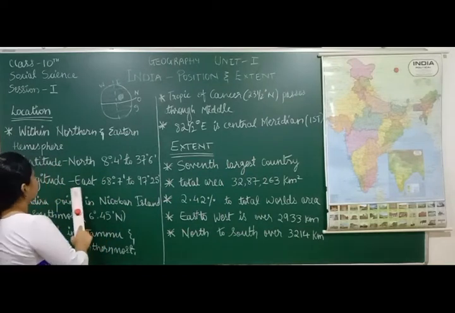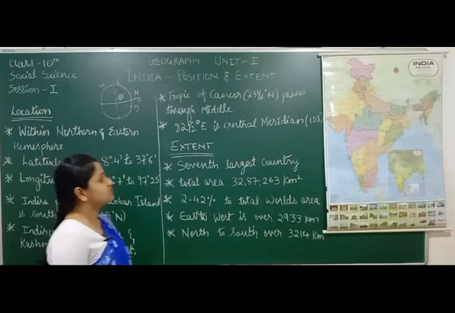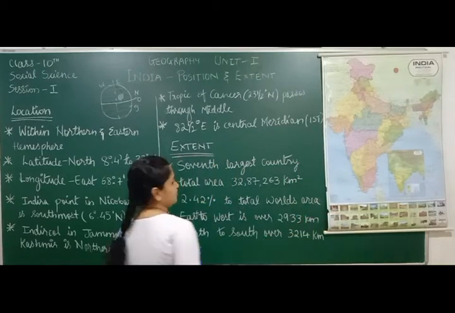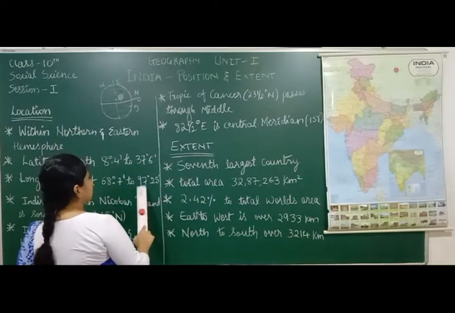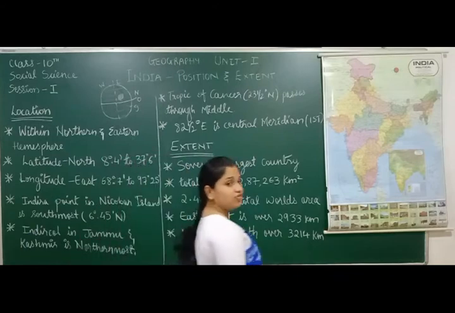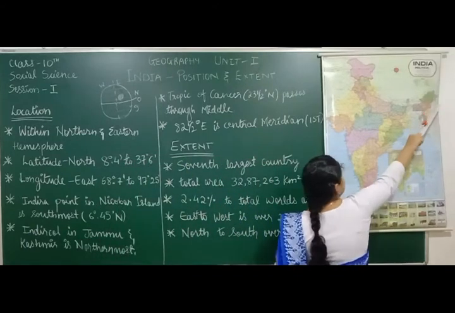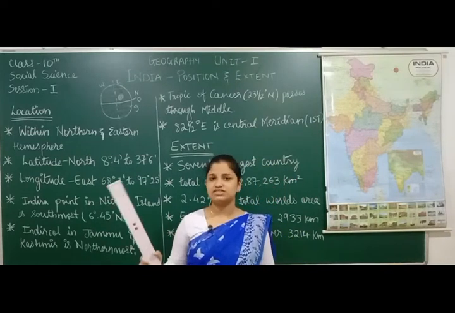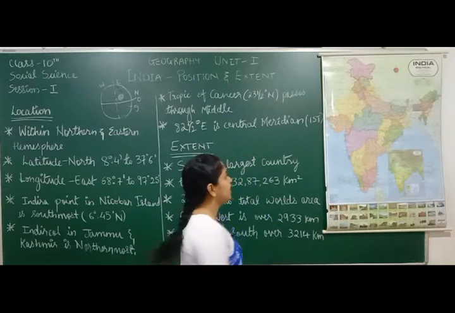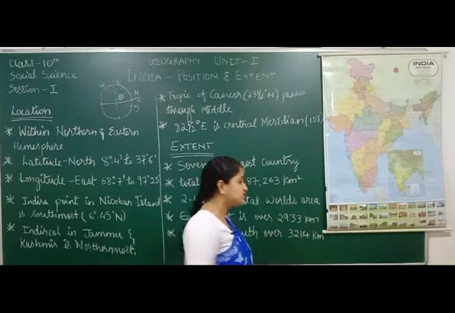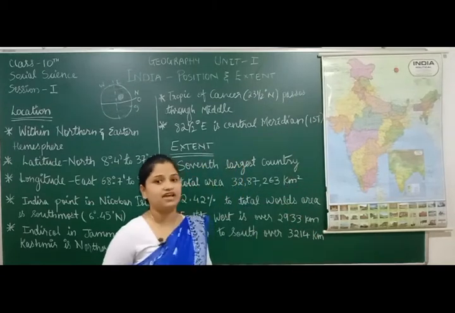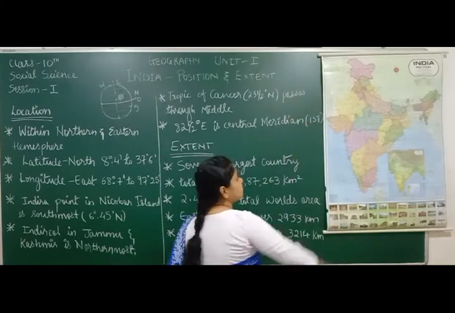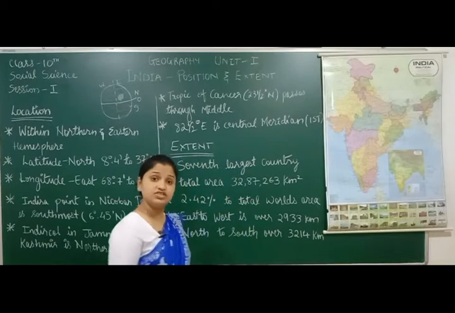Also, the longitudinal extent of India is 68 degrees 7 minutes. This line here is 68 degrees 7 minutes, and it goes up to 97 degrees and 25 minutes. You understood what I'm talking about? Did you understand this concept? We're talking about the boundaries of India, the last line of India, where exactly they are lying, the northernmost position and the southernmost position. Which are those positions? We will learn now.